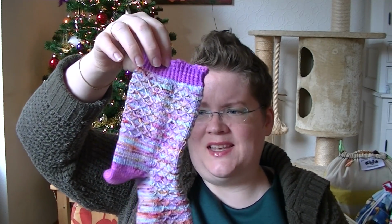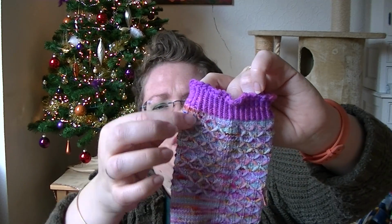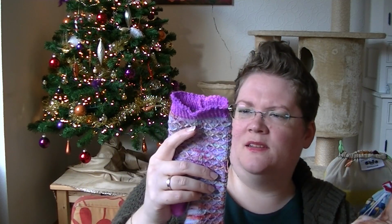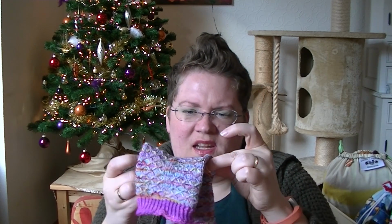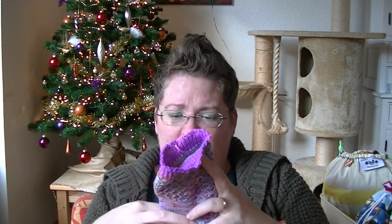And this one just got added to it. It said in the pattern, do a plain back to make it more stretchy and not too tight. And yeah, well, here, this part, I was taking care that it wasn't too tight, and I let my loops go nice and loose. But apparently on the first round I forgot. And when I put it on, I can only just get it on, and it's too tight here and here. So I'm gonna undo this all the way to the heel and re-knit the leg